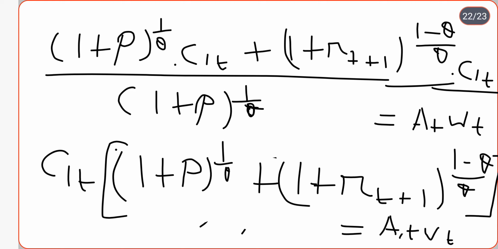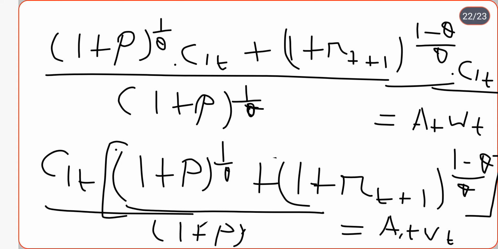In the denominator part we have 1 plus rho to the power 1 by theta. If I multiply this 1 plus rho to the power 1 by theta on the right hand side and then divide by this entire part,